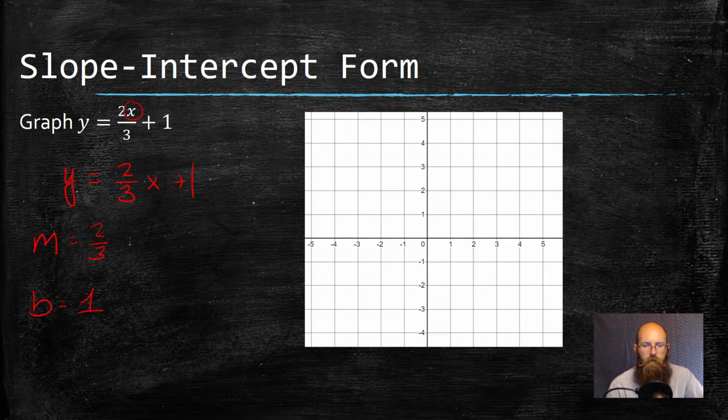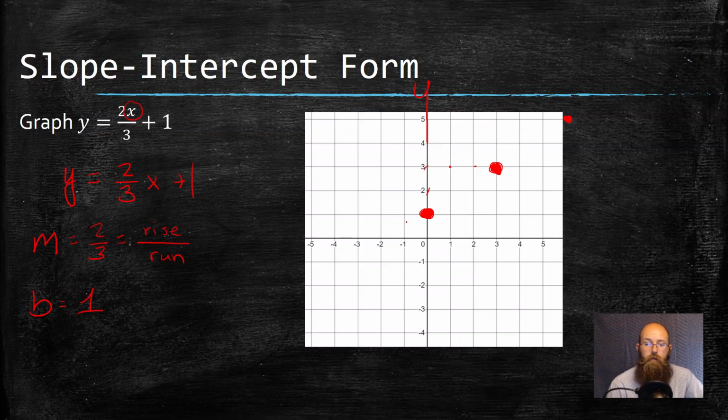If my b value is 1, that means I crossed my y-axis at 1. And I remember that like y has a big long tail. So it has to look like that. And then I have my slope, which is rising 2, running 3. So I go up 1, 2, and then to the right 1, 2, 3. Put my nice big dot there. And I could go up 1, 2, and go to the right 1, 2, off the page just a smidge,